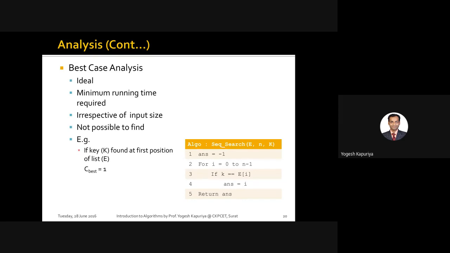Are you getting my point? Why is this kind of analysis important? This will give you an idea about the lower limit. It's like you require a minimum of 5 seconds to execute this. I'm saying this just to get an understanding of what it means. Otherwise, the time complexity is not computed in seconds, remember. But this gives you a lower bound of the performance. So irrespective of input size, irrespective of the type of input, this is the minimum time this algorithm will require. That is what we mean by a best case.